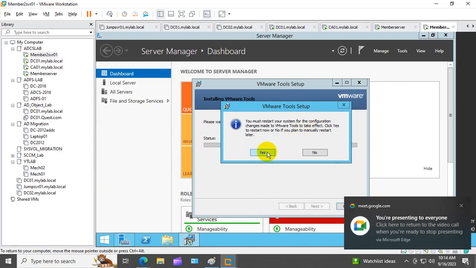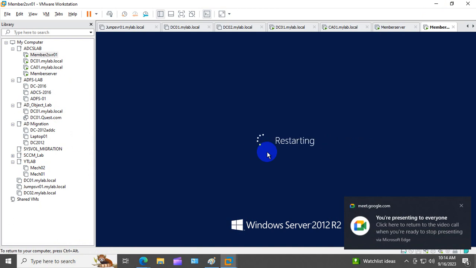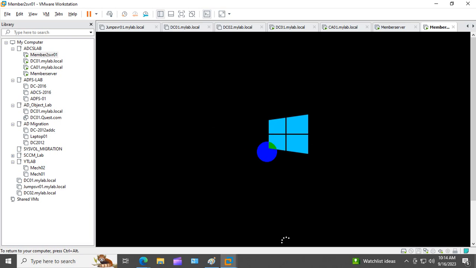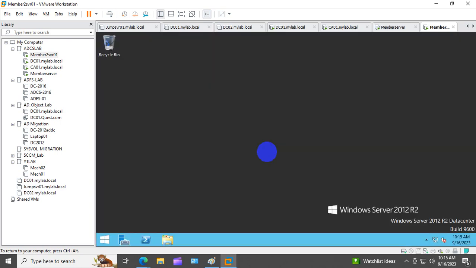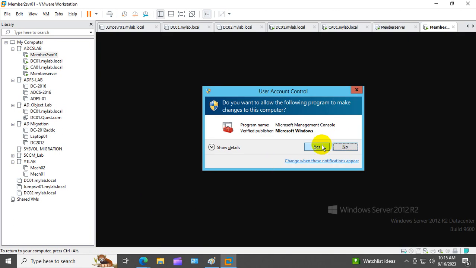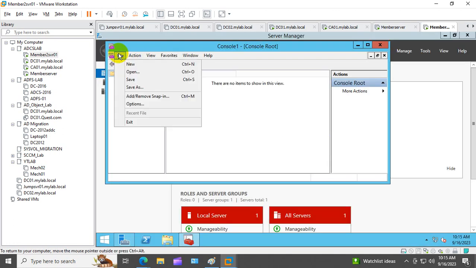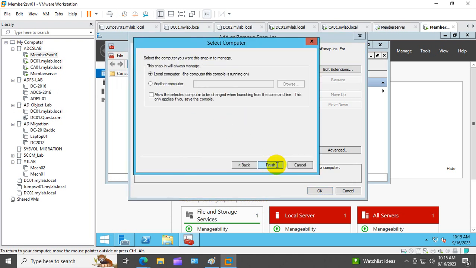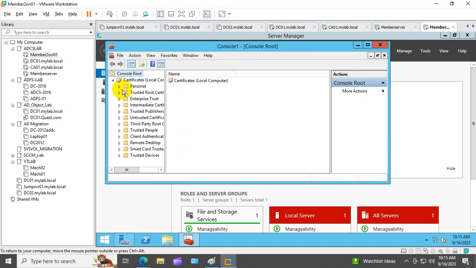Okay, back to here. So this is the newly built server I have created. Now I will join the machine to the domain. I can show you, once I join the machine to the domain, it will create an automatic certificate. Let me show you. If I go to MMC, right now there is no certificate. So what we can do,